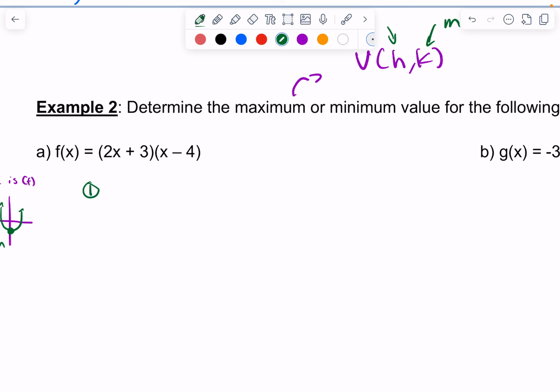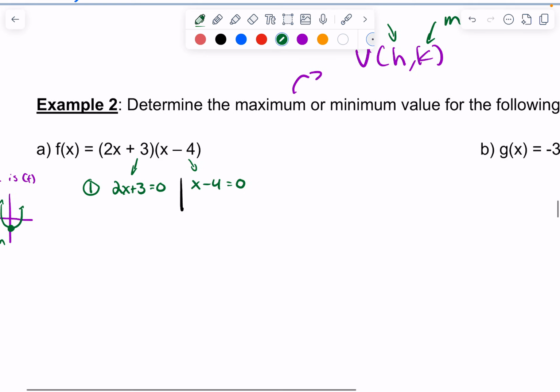Well, the zeros happen, and this is already in factored form, by taking your factors and setting them to 0. So what I mean is take this 2x plus 3 and set that one to 0, and take x minus 4 and set that one to 0. Because you'll find your two values of x that would make the function 0. So rearranging this problem,